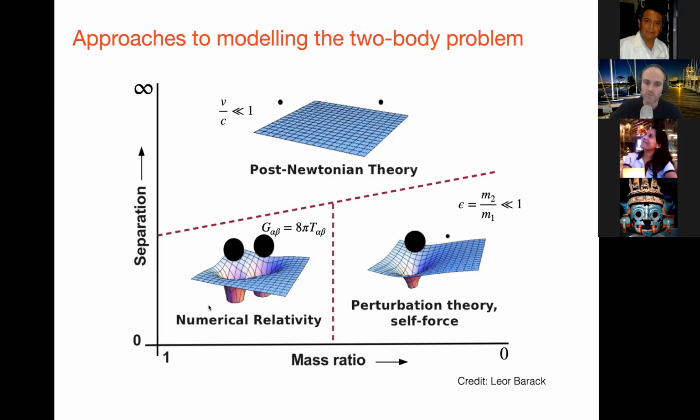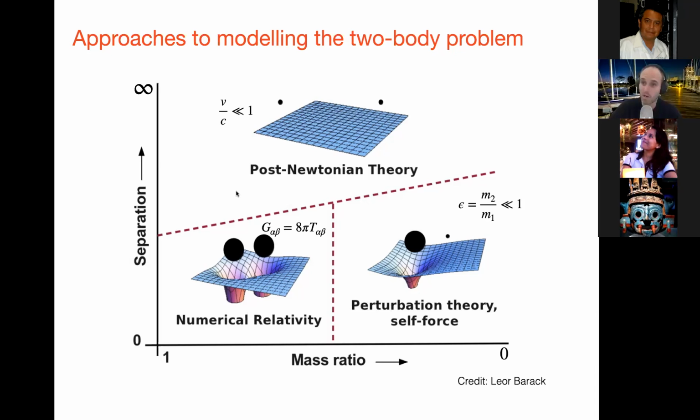When you are deep in the strong field and your masses are comparable, then people turn to numerical relativity. So here we solve the full nonlinear partial differential equations of Einstein's theory on supercomputers. It took a huge amount of work just to even get those equations to solve stably, but now this is routine, and since 2005 we've been able to do that. But although it can give you the correct solution, it is extremely expensive. I'll mention that in a moment, and this actually restricts substantially the parameter space that these simulations can cover.